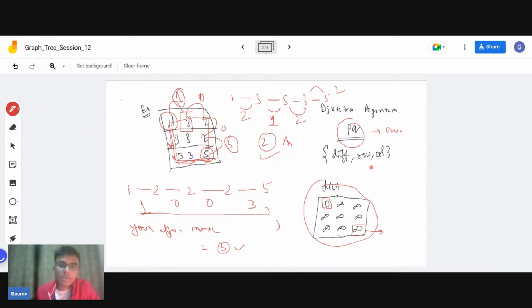So inside the priority queue, I will push the difference value and the node value. The node value will be 0, comma 1, so this is difference 1. And if I'm going to 3, the difference will be 2, and again the node value will be 1, comma 0. Now since the priority queue is of min heap type, the difference with the minimum value 1 will be on top. If I process this value, I see that the difference value is 0 for the next case, but my difference value is already 1.